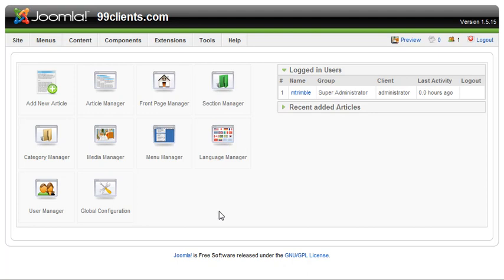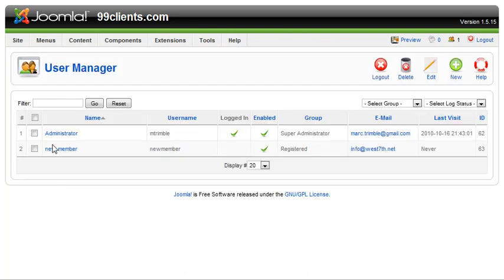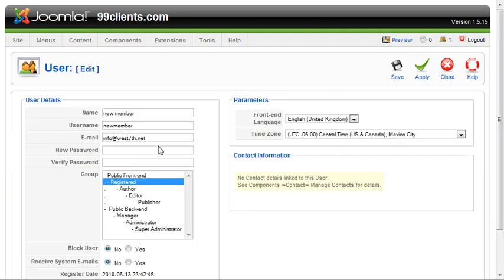This video will go through changing the user settings, editing some of the existing user settings. So when you land on your control panel, go down to User Manager on the bottom left, and we've got two different users here. Go click on this new member site here, the new member user, and you'll see that